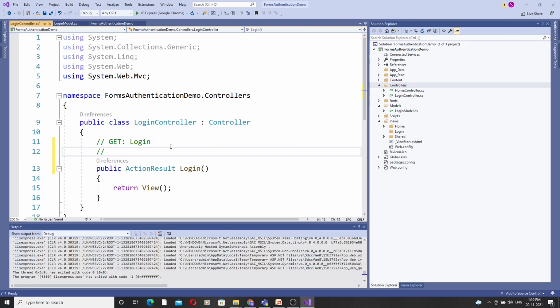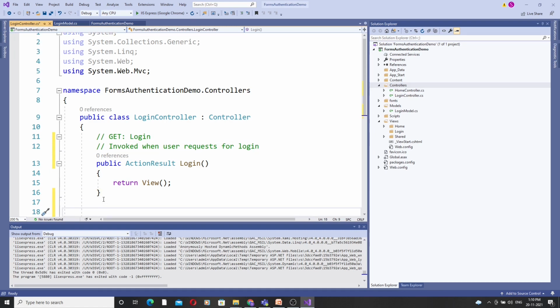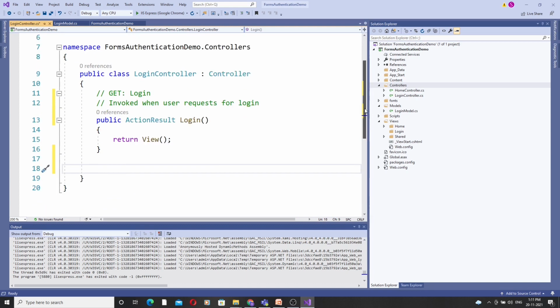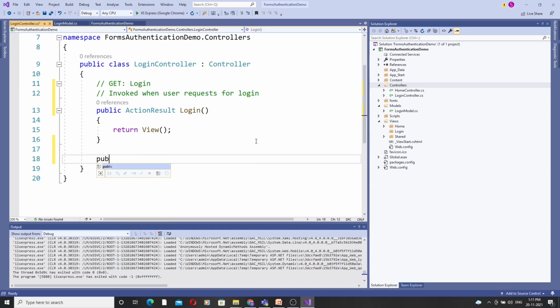So this login action is invoked when user requests for login. That means whenever user requests for authentication, this action will be invoked. Next, we'll define another action by name